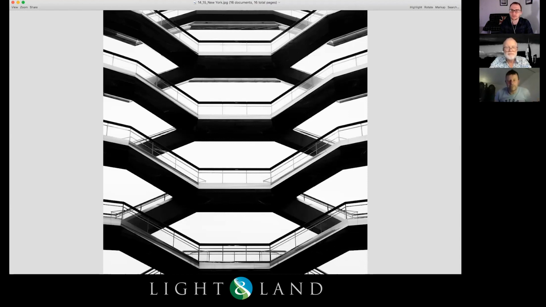Sure. So this is the Vessel in Hudson Yards, and the Vessel is a brand new building, and effectively it's just a folly. I think it's 154 interconnecting staircases. It's an amazing thing. It looks like a giant beehive. The underside of it, which is black in my picture, is all copper. So it looks incredible. And at the moment, it's still free to get in. You just book the day ahead and you can rock up and wander up and down the staircases